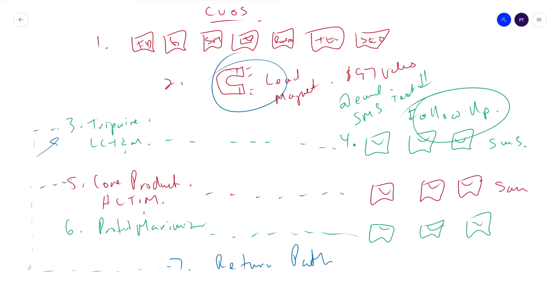And the return path is typically some type of remarketing. Now, you can use your email list down here as well to continue that process, but remarketing is a great way to emphasize the offer. So remarketing on Facebook and remarketing on Google. And the way to do this is if they do not have the purchase Tripwire tag, which is a history tag in your CRM,